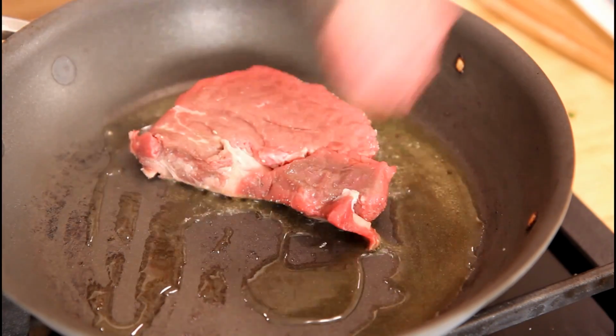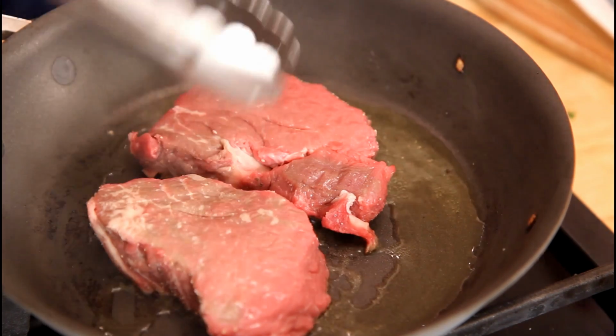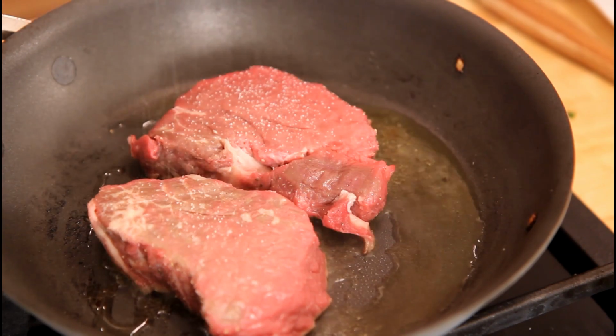Perfect. Over high heat this time. We made the mushrooms over medium-high heat. You want to do this over high heat. And you're only going to cook these. These are about 4 ounces a piece. You're only going to cook them for 2 minutes on each side because these are going to continue to cook